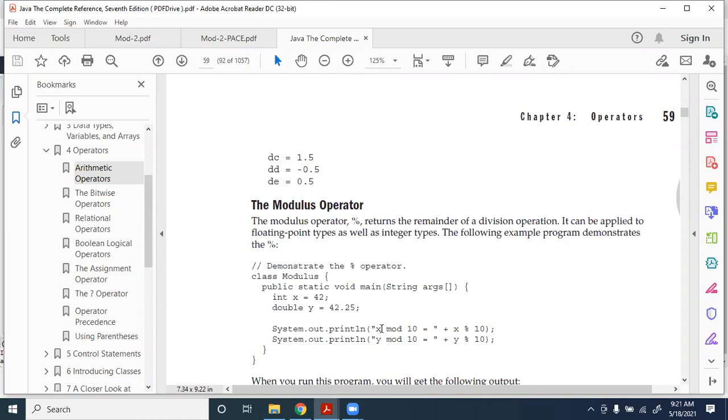so it will print this string. This is just a string, and because it is within quotes, it will print x mod 10 equal to as it is, because it is within the double quotes. Then later we have the delimiter plus, and then we have put here x modulus 10, so that will give us 42 modulus 10. So it will divide 42 by 10, and the remainder will be naturally